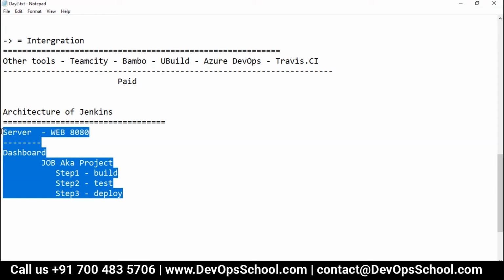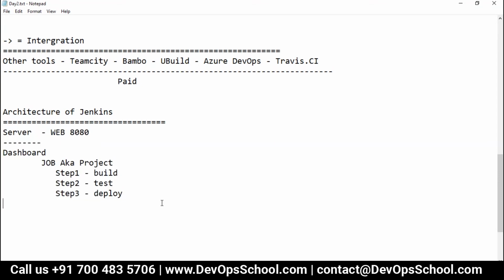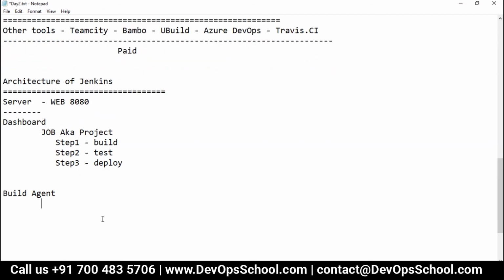There are so many other features also. And then we have a build agent. This build agent is the place where the real work happens. You build the infrastructure and stuff like that.